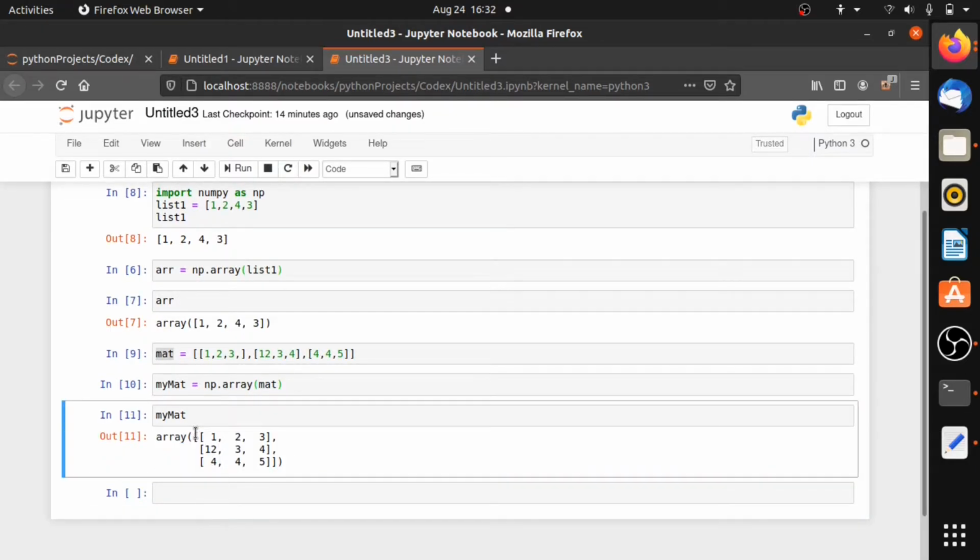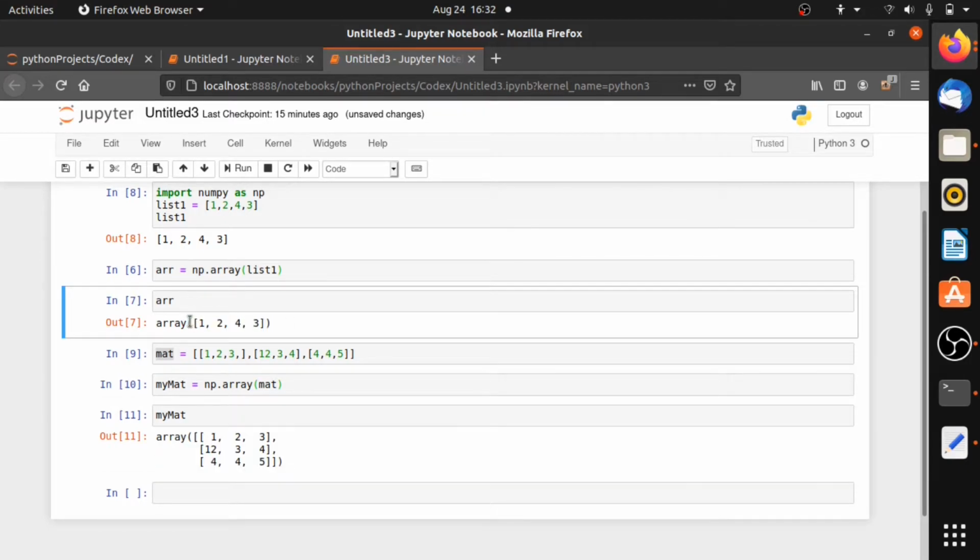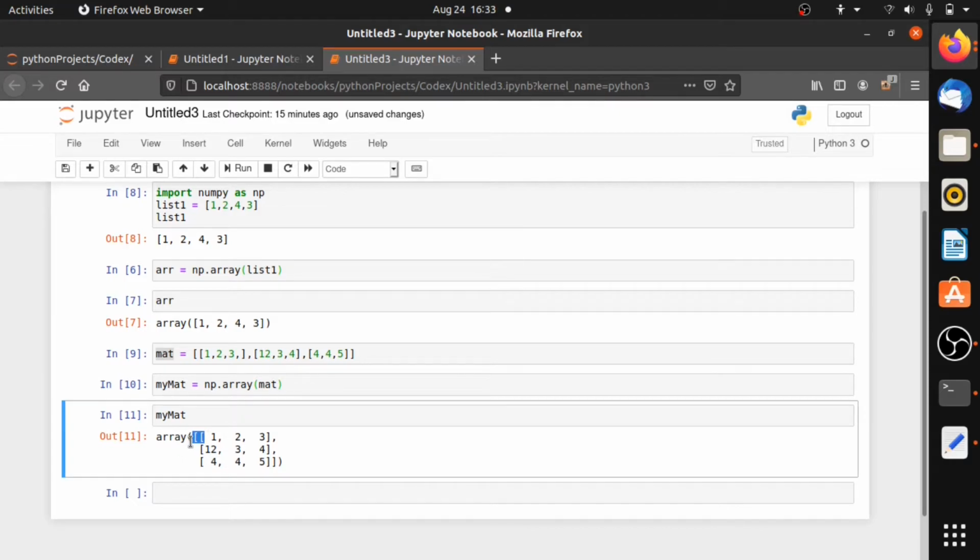How can we identify that this is a 2D matrix and that one is a 1D matrix? We can see here we have only one square bracket after the parenthesis, and here we have two square brackets after the parenthesis. So it is clear that if a matrix has one square bracket, it is a 1D matrix in Python, and if it has two square brackets, then it is a 2D matrix, and so on. This is how we use a list and a list of lists, that is a nested list, in NumPy to create a NumPy array. This is just for educational purposes, but we will be using NumPy's built-in methods to create NumPy arrays.